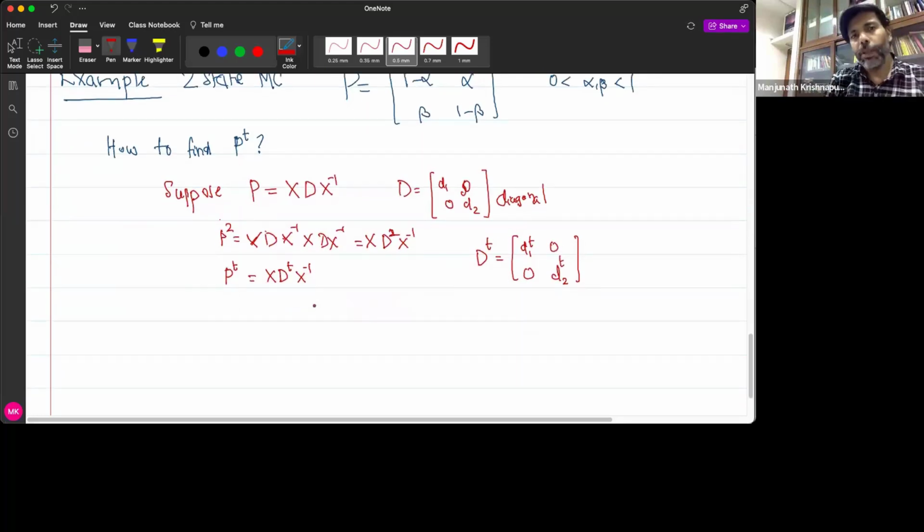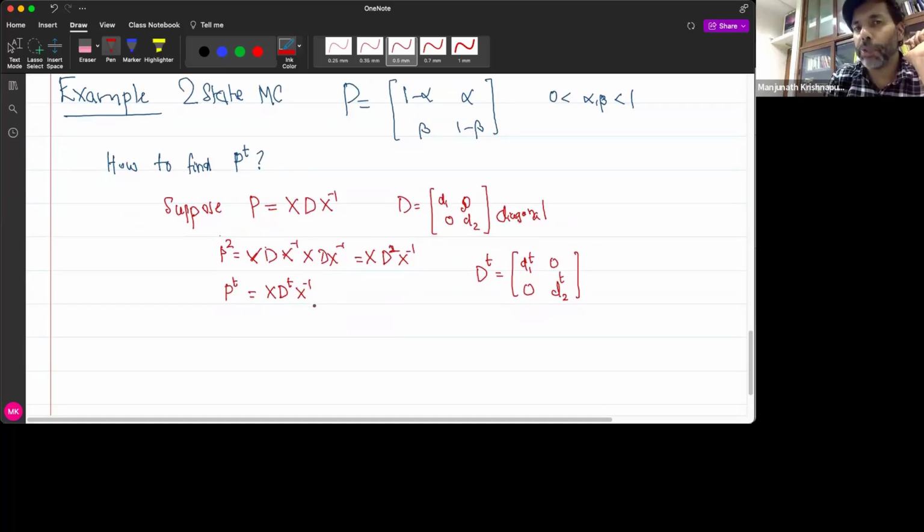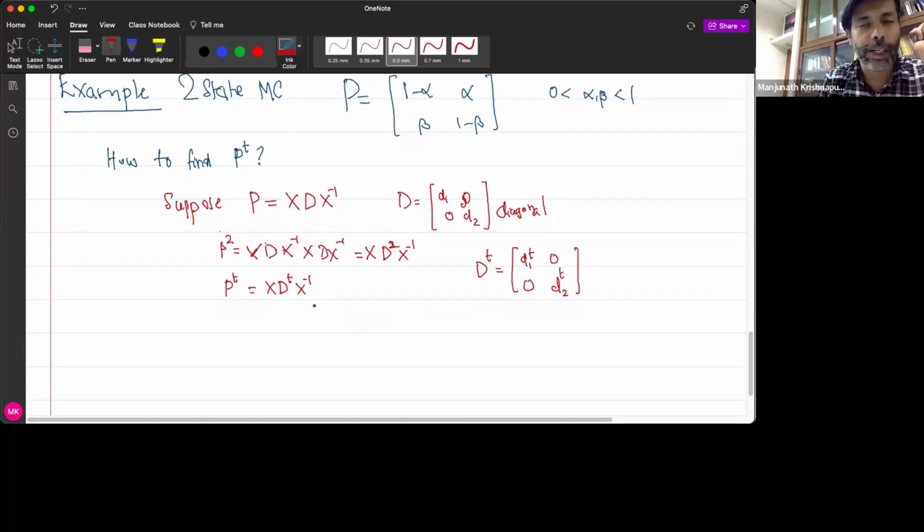So can we do that? For the two-state Markov chain, we can do that. It's not true that all matrices can be diagonalized. That will be a problem, so we will have to see how to overcome that. But for now, when we are in the two-state situation, we can do it, and I will tell you how to do it. So for this matrix,